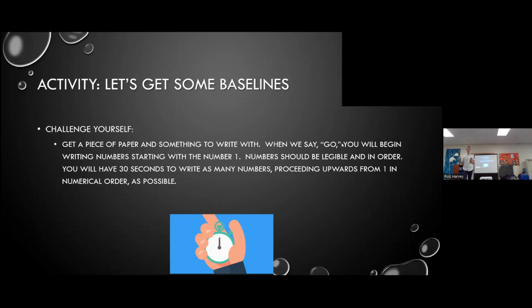If you miss a number or write the wrong number, that would be counted as an error. But we're not really going to talk about that today because I'm going to assume nobody's going to make errors writing their numbers, but who knows? So 30 seconds, and I want you just to write as many numbers upwards from 1 as possible. Do you know what we're doing? Ready? And even if you're watching this video, I would like you to do this as well, if you're not watching in real time. Ready, set, go.